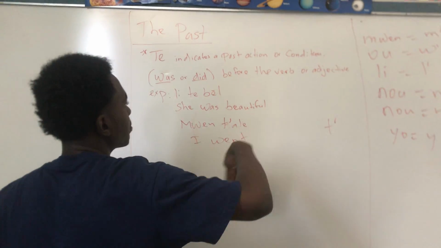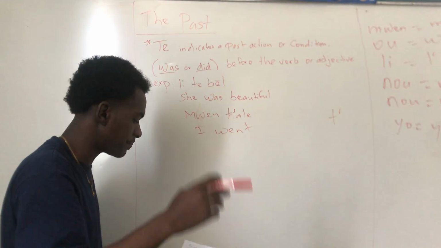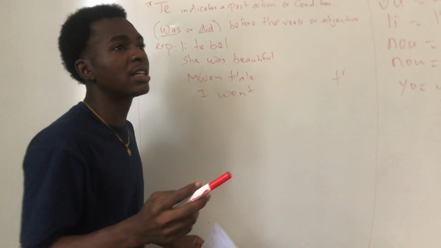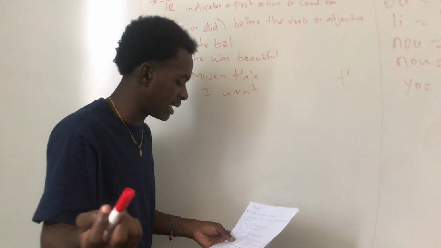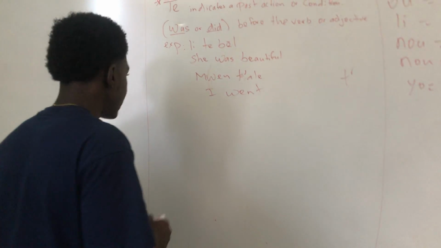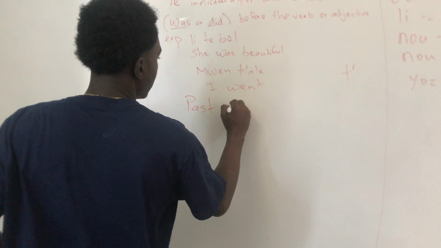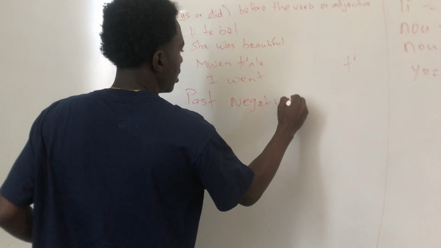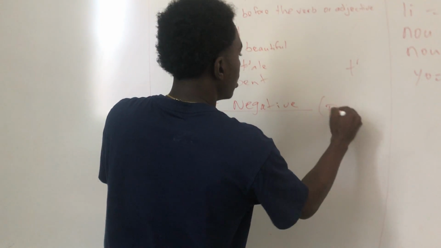This is the simple past. But there are more. When speaking of the past, there's not only one past. There's also the past negative. For the past negative in Haitian Creole,